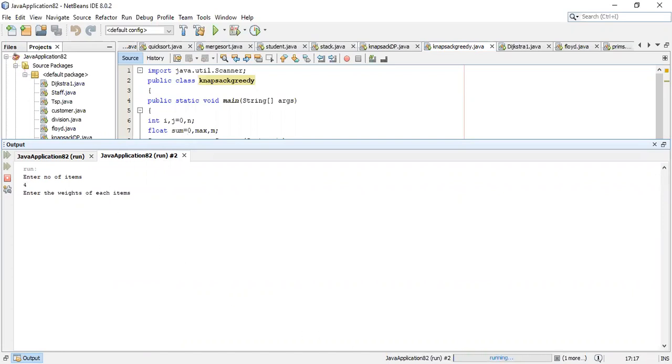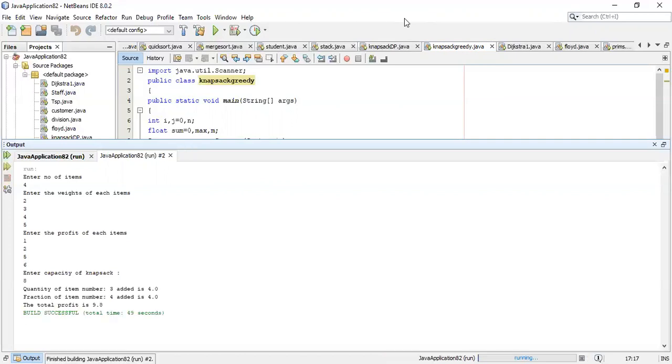The weights are 2, 3, 4, 5 and the profits are 1, 2, 5, 6. The bag capacity is 8.